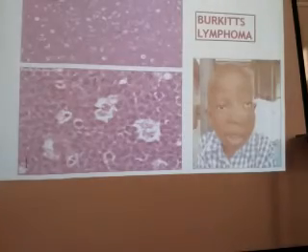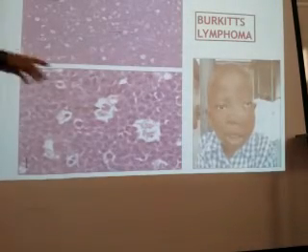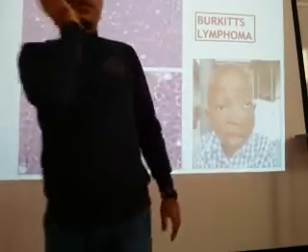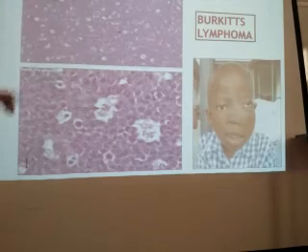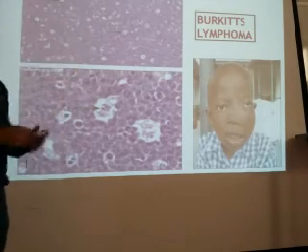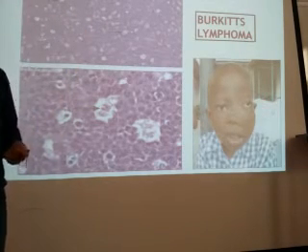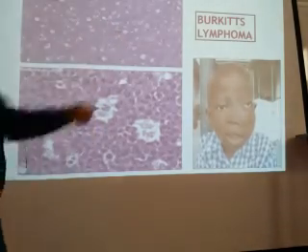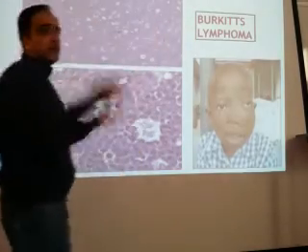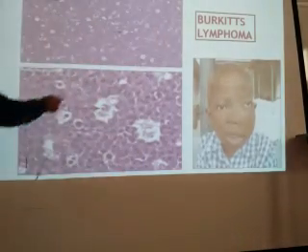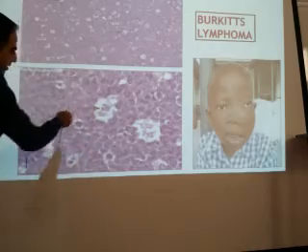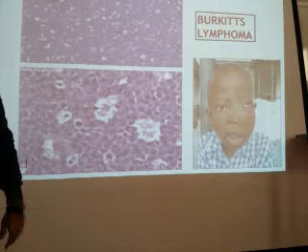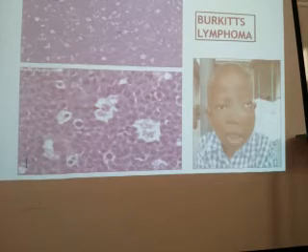I will show you the diagram. So it is affecting the mandible of this child, African child. Okay, mandible is affected. Here, you see. This is the sky having the stars, starry sky appearance. This starry sky appearance is due to the macrophages. These are all macrophages which have ingested material, cells dying. So if you see high power, these stars. So this is a macrophage which is ingesting the nuclear debris. So this is the Burkitt's lymphoma.